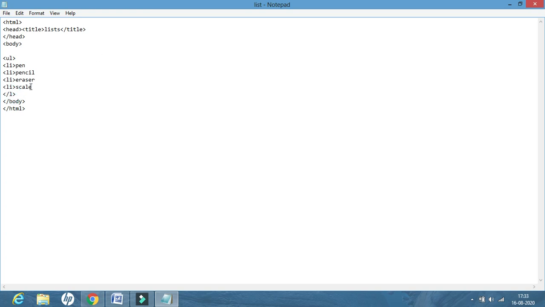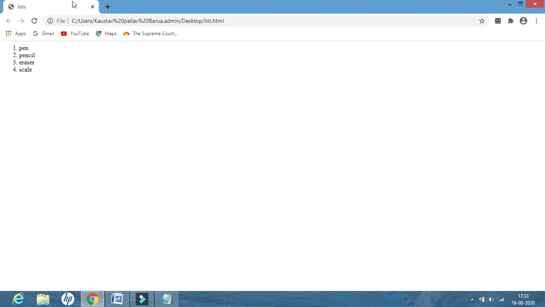Since I am starting the tag with UL, I will have to close UL only. I cannot close with OL. So let us check what happens. See, by default the solid circle bullets are displayed. So this is the difference between ordered list and unordered list.